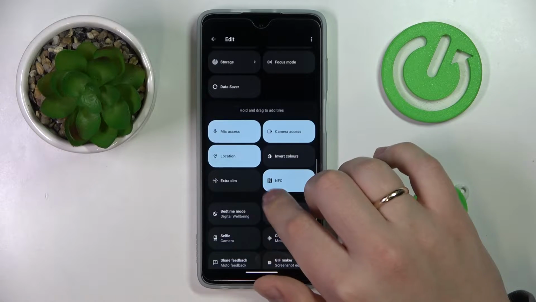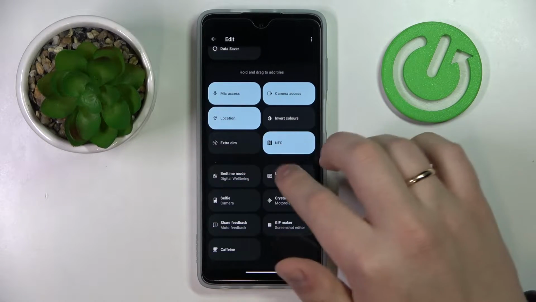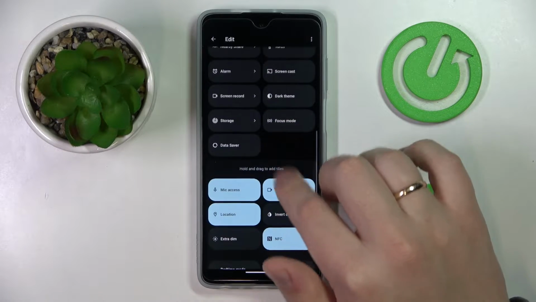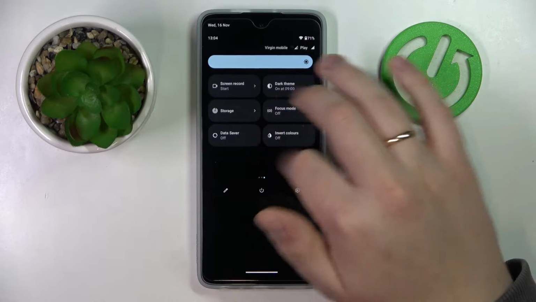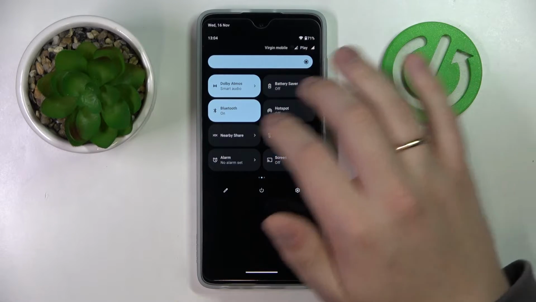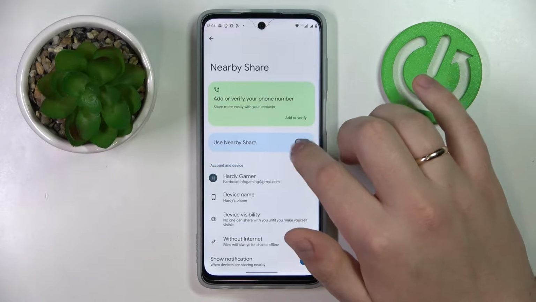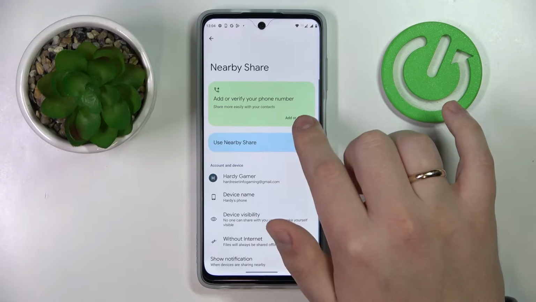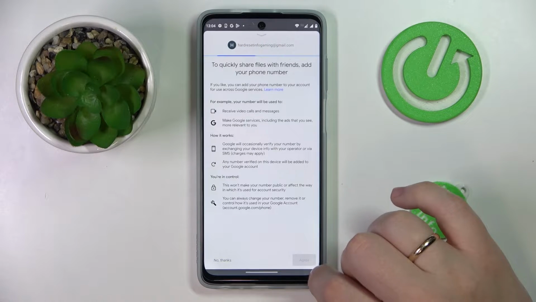So find it within this set of shortcuts and add it over here, drag it like so. So once the nearby share shortcut is discoverable at the control center, you gotta touch and hold on it, then switch on this use nearby share toggle, then tap on the add or verify option right here, agree,